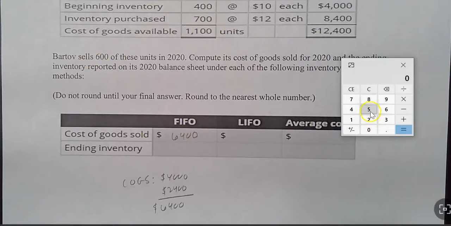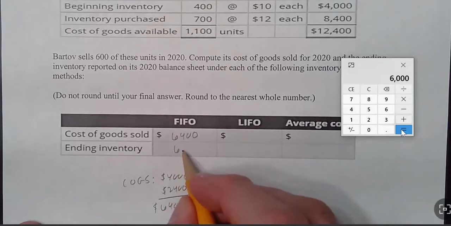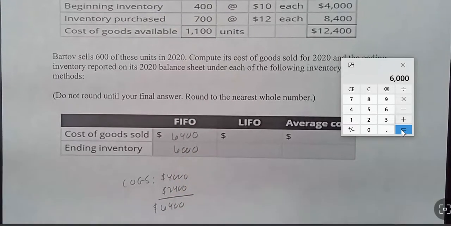Well, under FIFO, we're going to take those 500 and multiply by the newest inventory, so times $12 a unit, and we come up with ending inventory of $6,000. And if we take this 6,000 plus the 6,400, we do in fact come up with the $12,400 here